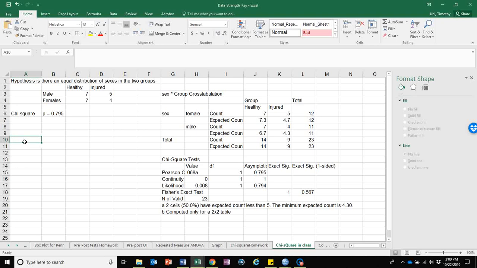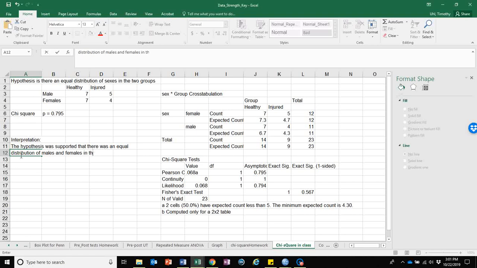And so my interpretation would be the hypothesis was supported that there was an equal distribution of males and females in both groups. And then your chi